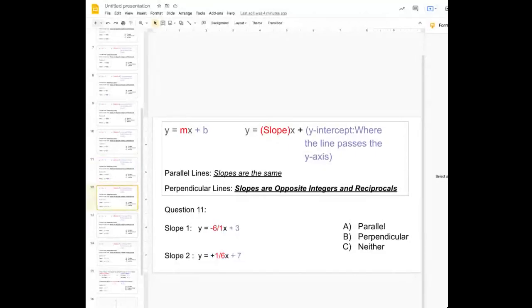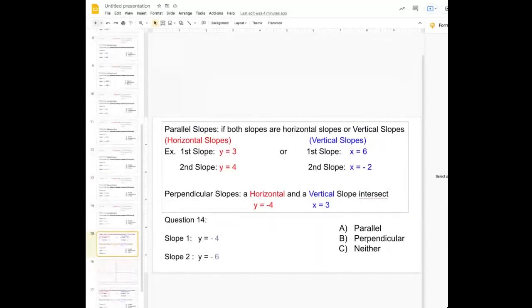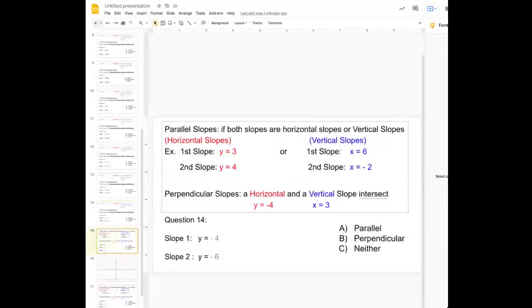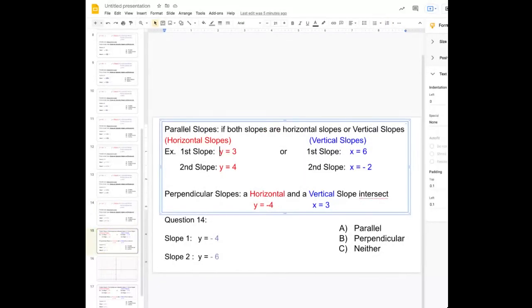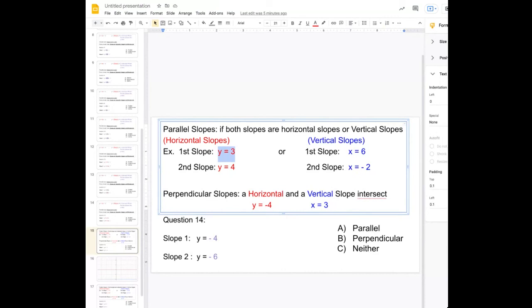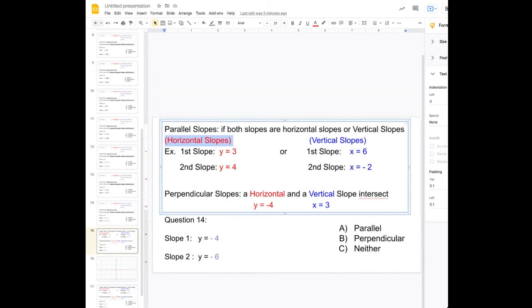Second part of the lesson, which is horizontal slopes and vertical slopes. If you haven't noticed, every time you see y equals a value like 3 and y equals a value of 4, it's talking about horizontal slopes. Okay, and then whenever it says here, an example 4, vertical slope is if you ever see a value given